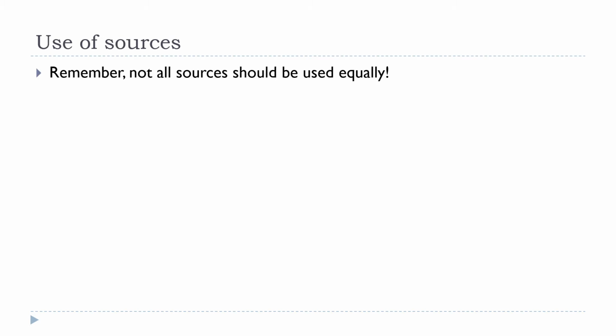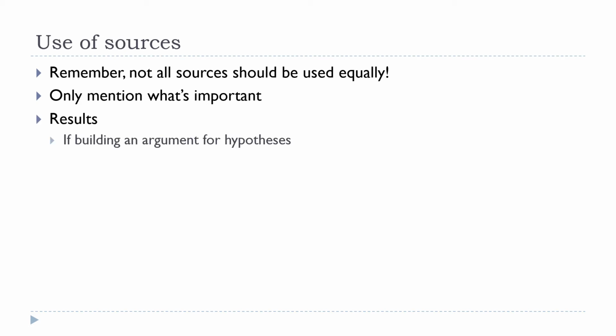So I wanted to go ahead and make sure that we were touching base about how to smartly make use of your sources. So remember, you shouldn't treat all your sources the same way. Different sources require different pieces of information that are useful, and you don't have to provide all of the information for all of your sources. You can pick and choose which information you're providing, and the information that doesn't directly have a utility, you don't have to include. So it's important to only mention what's important, to have a basic understanding of what you're getting out of a given source, and to not mention extraneous details or information that doesn't have a purpose.